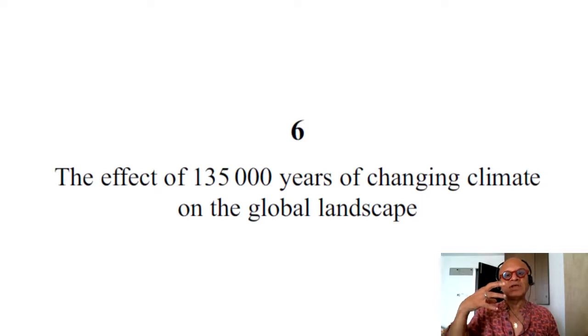So what is done is typically validate the model against data from pollen data, loess data, ice core data, lake sediments, whatever proxies we have talked about, which will all be used to convince ourselves that the model is doing a reasonable representation of some climatological conditions and some variability and so on. But that hardly guarantees that everything is totally very robust and accurate. So we have to keep that in mind as we look at the effect of 135,000 years of changing climate